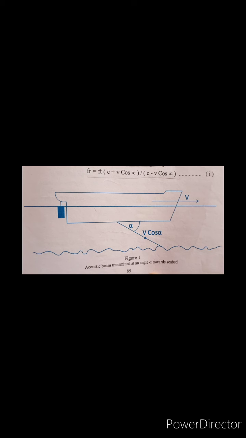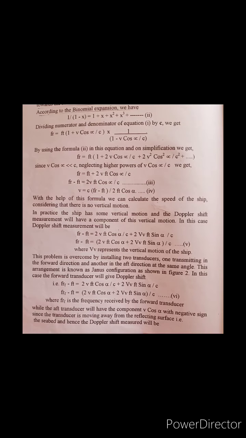So we will talk about it. Viewers, please focus on the screen so that you will get it in a very easy way. I had already told you about cos 90. Now, according to the binomial expansion, don't think that you don't know the binomial theorem. Just see the video and memorize this, which is the only binomial theorem I'm going to use, what you are seeing on your screen.